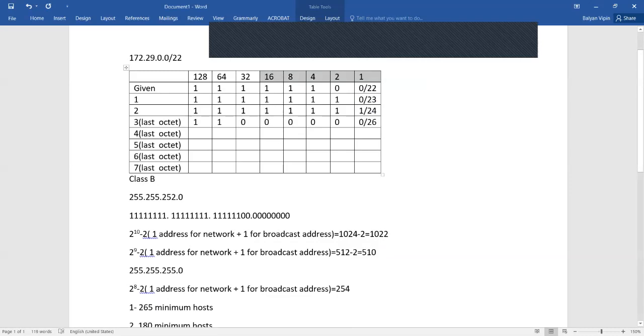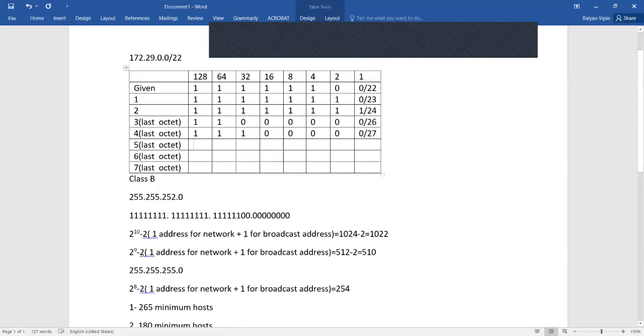The sum of these will be 1 less than 32, so it will be 31. So you need this for hosts, and these bits for subnetting. Make the host bits 0 because you are using them for hosts. How many bits are we using for subnetting? 27: 24 already in the remaining octets and 3 borrowed from this octet.